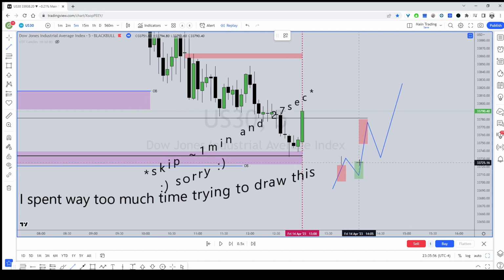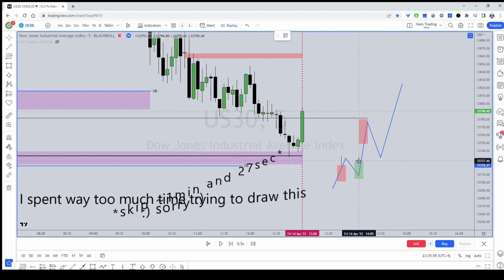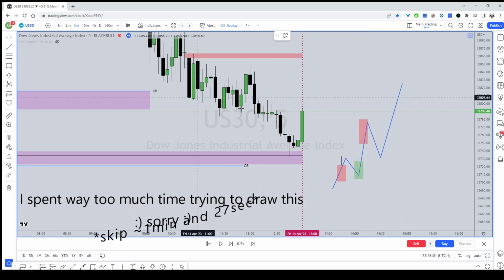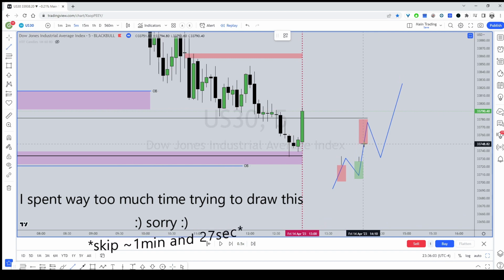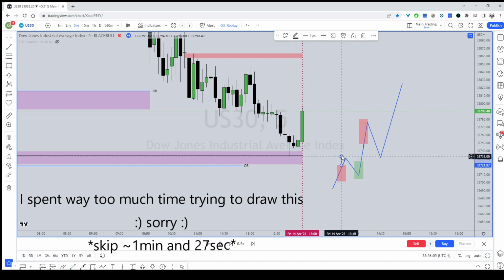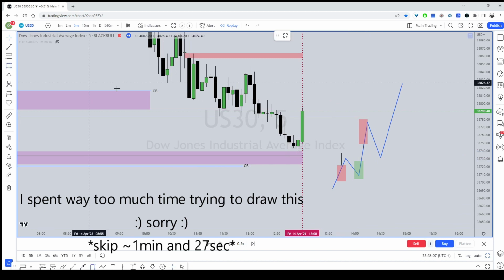That splits a fair value gap. So this fair value gap from this candle to this candle